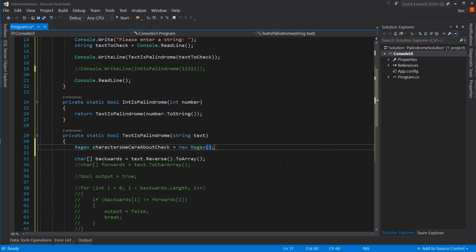Now, I don't expect you to remember how to type out a regular expression. There's some people that do. I had a coworker that knew